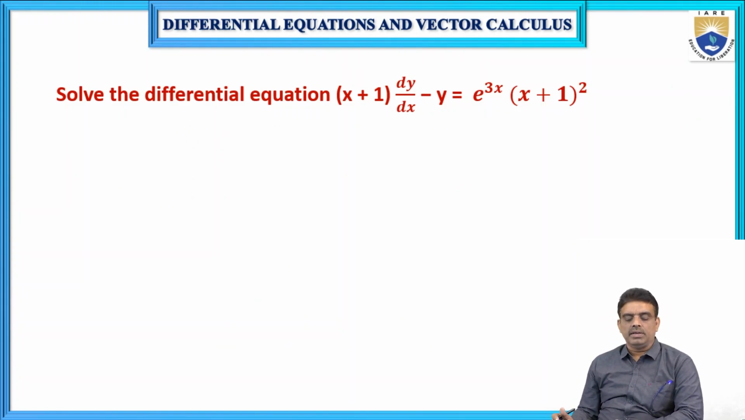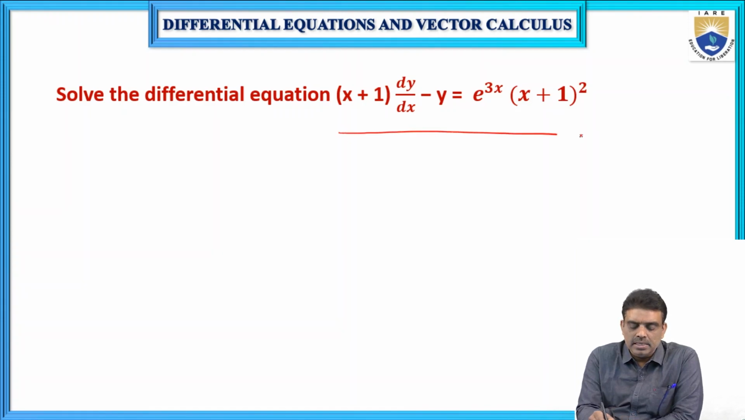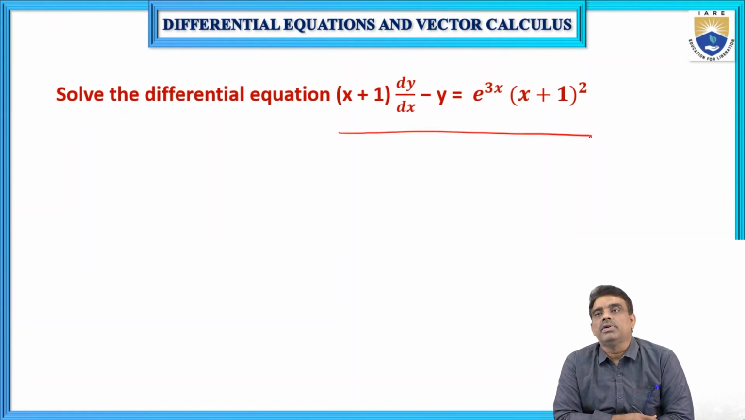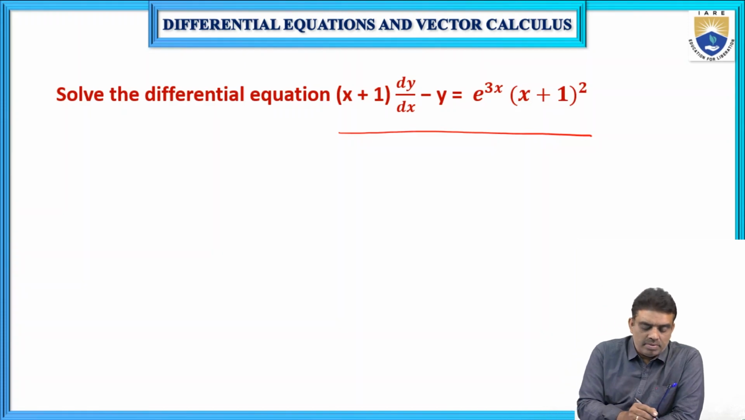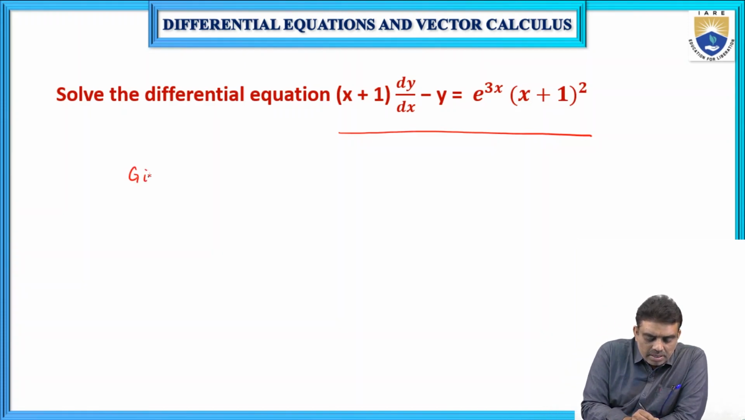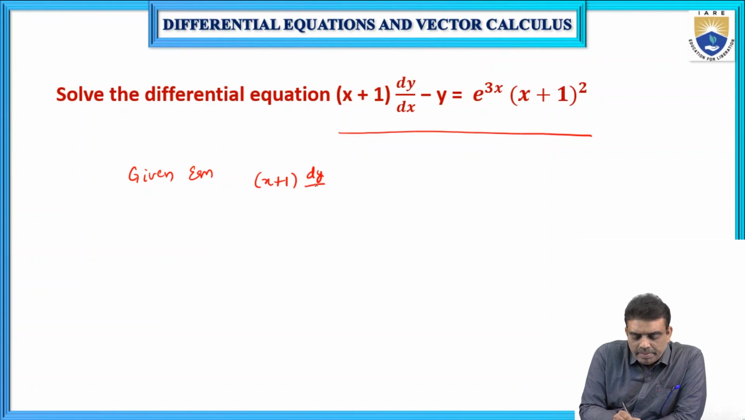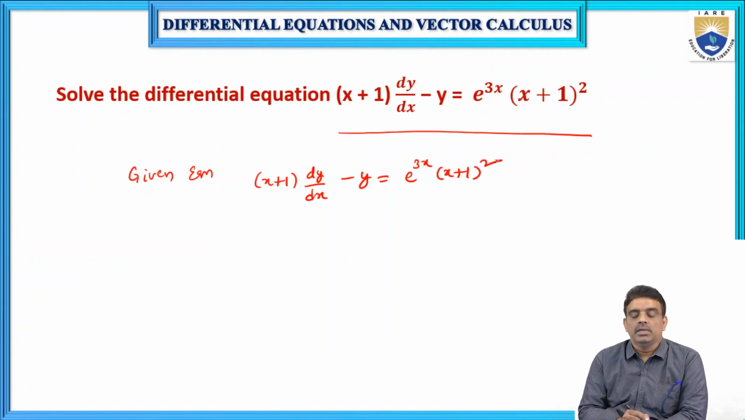Solve the differential equation (x plus 1) dy by dx minus y is equal to e power 3x into (x plus 1) whole square. What is the equation? Given equation: (x plus 1) dy by dx minus y is equal to e power 3x into (x plus 1) whole square. Now divide